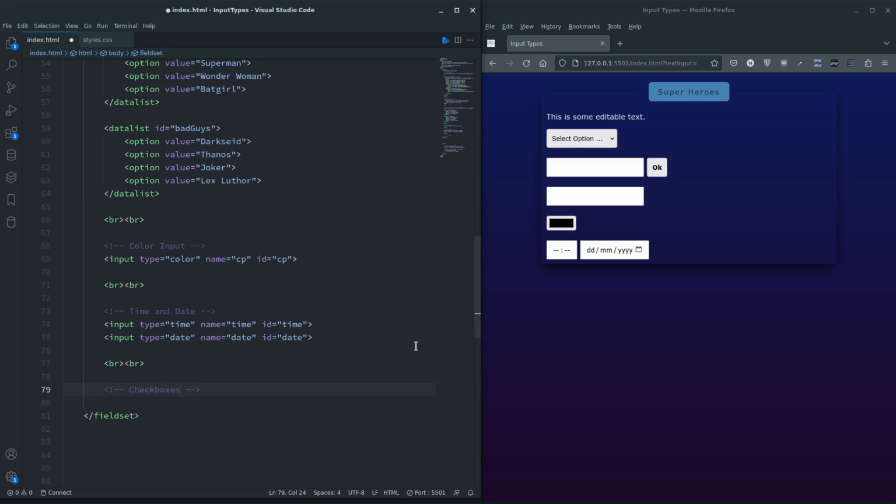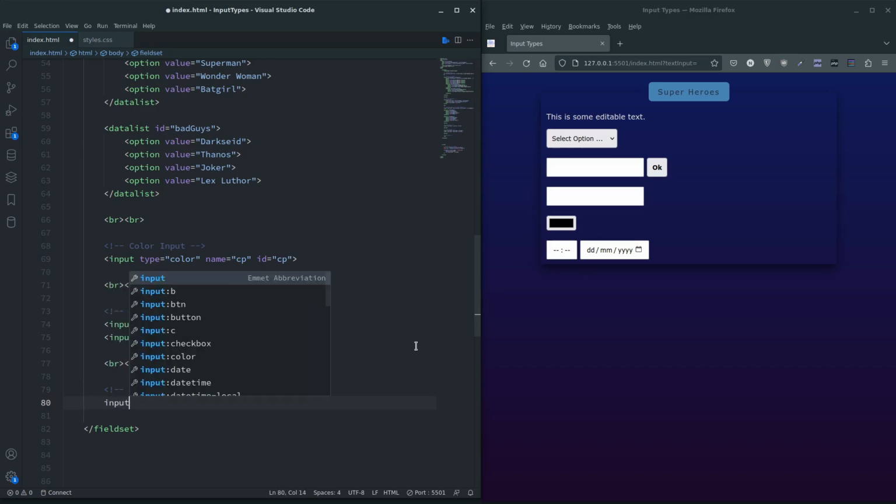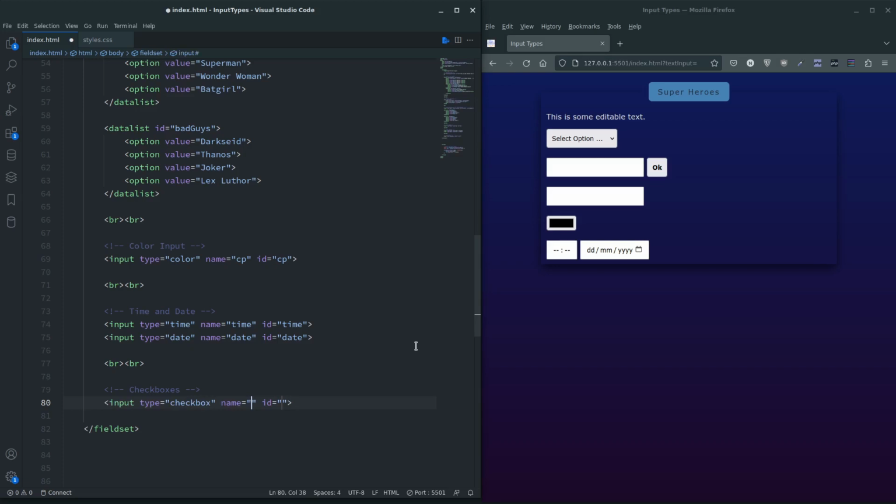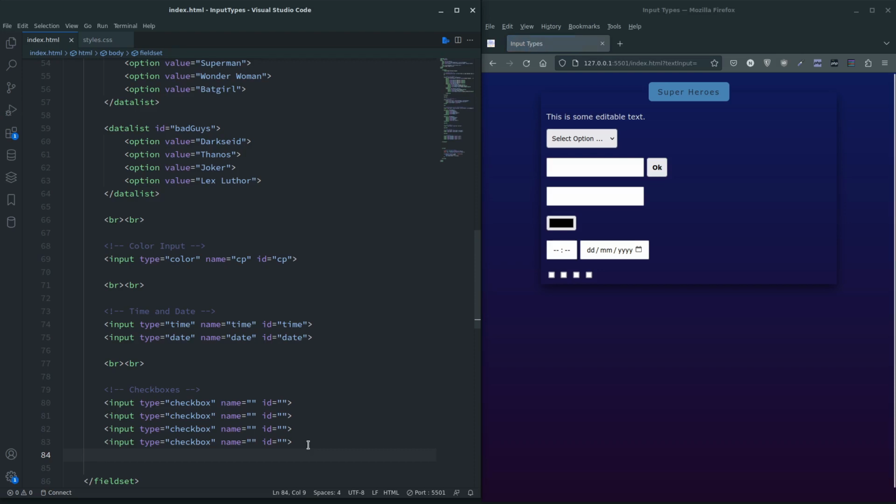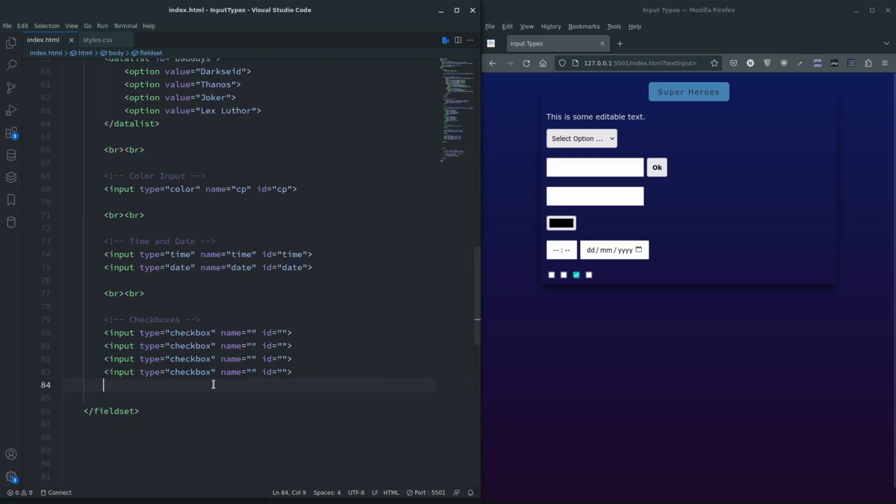Let's look at checkboxes, because we need to cover the simple ones as well. We'll say input checkbox name. Don't really need one for the minute. Let's just copy and say save. So all these can be selected. You can give labels to these as well, and I'm sure you've seen this before. But when you come to do